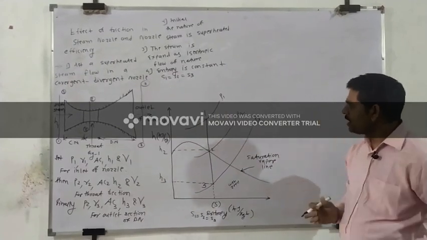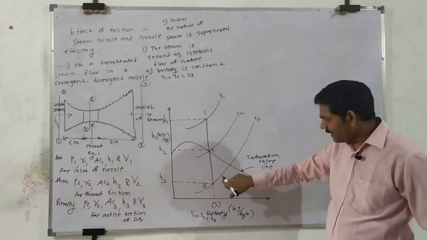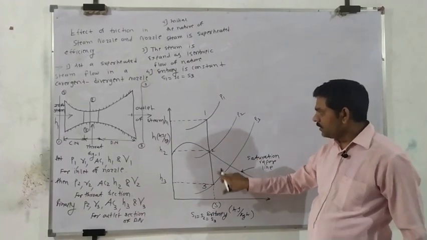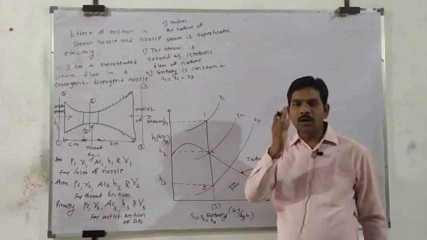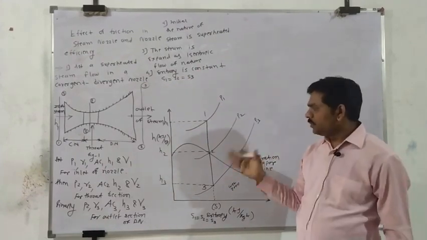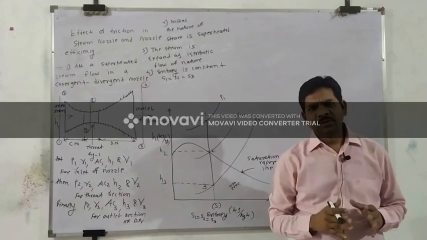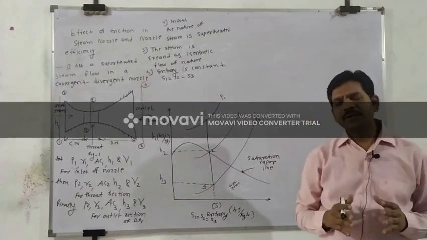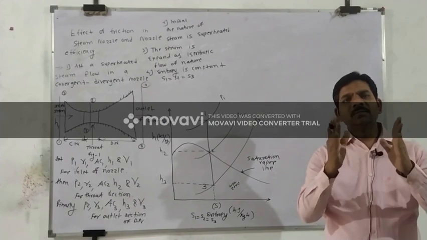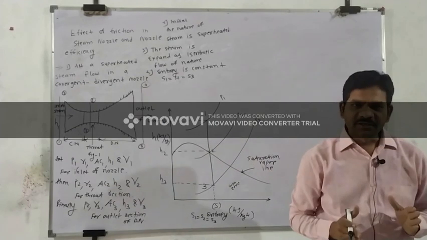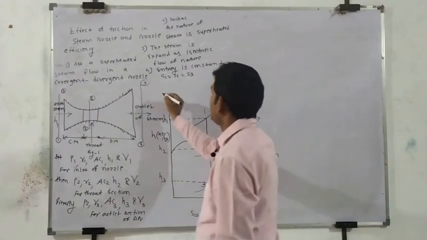Okay. So 1, 2 and 3. So what type of flow is there? The flow is isentropic flow in nature. So students, you listen very carefully. Isentropic flow is an imaginary process in nozzles. Okay, I write down here.